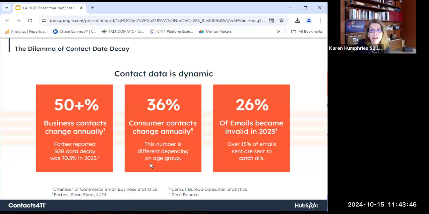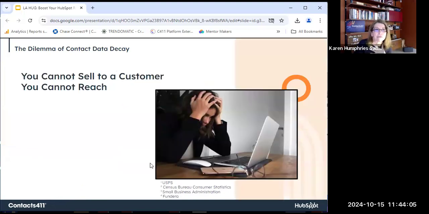Also, 37% of people actually get new emails. So think about it. You don't have just one email. When one starts to get too filled up or gets too much junk, it's pretty easy to just get a new Gmail, or you've changed a job and so you get a new email. So emails change a lot. And since you can't sell to a customer you can't reach,